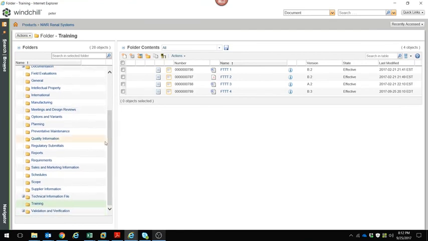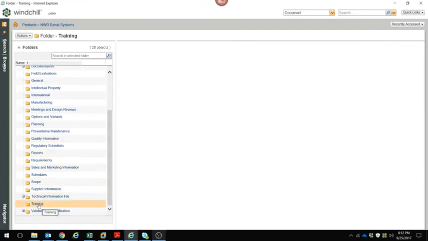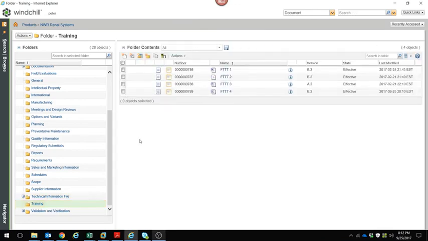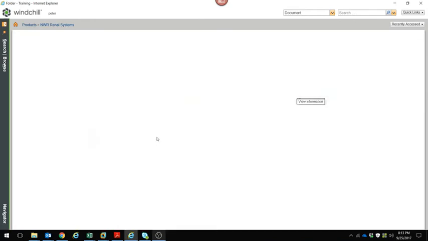One area I'd like to focus on here is we have a training folder with some documents in here. We're able to manage and control a number of different document types. In this particular example for training, we have 4 control documents here, one for quality, one for governance, one for work instruction, and another one for quality. So there's many different types of documents you can have for records, quality control documents, and also approved records. So for an example, I have this one document here. If I want to come into the details page for this particular document,